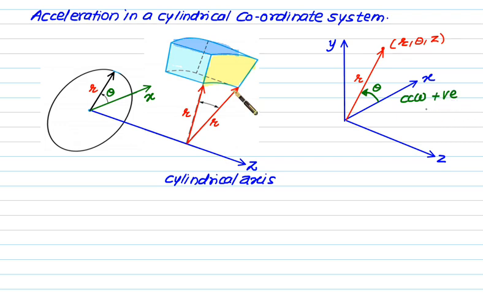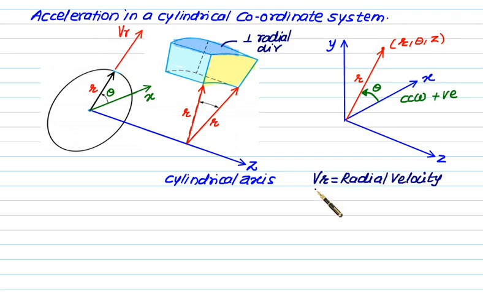So this top surface you can visualize is a plane perpendicular to the radial direction. So this plane is perpendicular to radial direction. And along this plane the velocity will be the radial velocity Vr. In the same direction we'll show the radial velocity equal to Vr, and this radial velocity is given by the rate of change of radial distance r, that is dr by dt. Unit is meter per second.